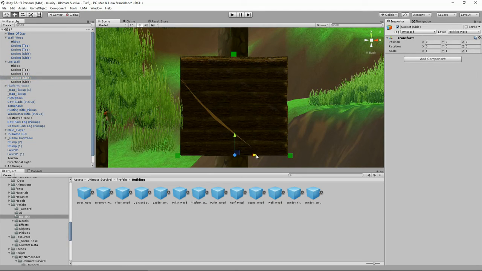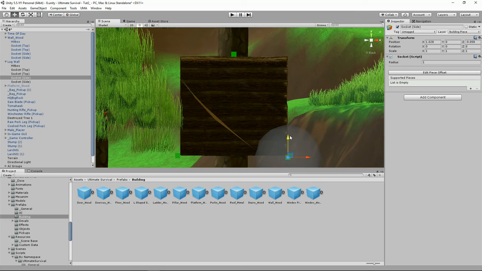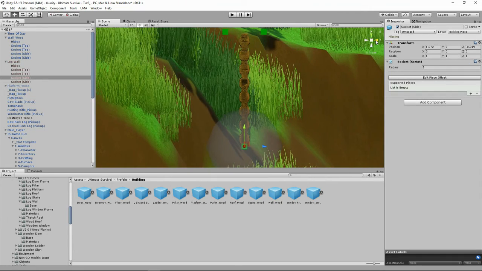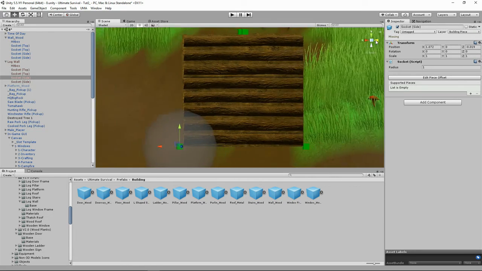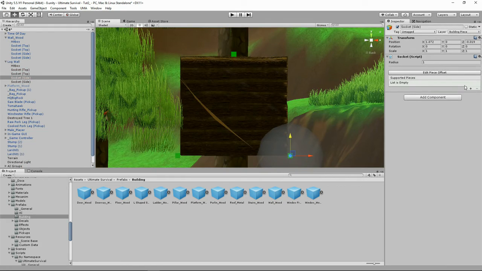Right, so like we did before, let's move it roughly around the same place, add in our socket, make our socket. We're cheating again, it's helping us out, but you get the gist. It's in this corner here because it's what's going to get snapped to another object or platform. So side view, and it's perfectly lined up as it is with the front view. Here we've got our radius, and add a piece,